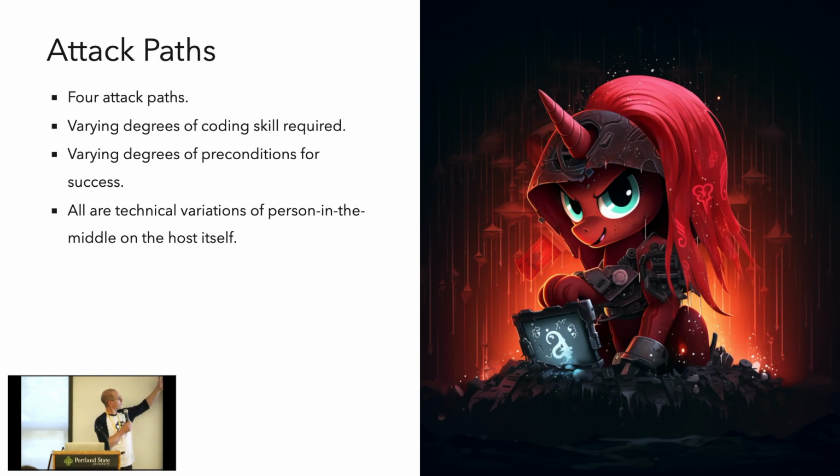Yeah, so I'm going to go through 4. When I look at them and try to contrast them, they've got varying degrees of coding skill. And then, possibly more importantly, varying degrees of preconditions that they need. I think a lot of that would inform which ones your adversaries are capable of, and what the actual limitations are in the host that you've compromised. Like maybe you don't have, what Linux capabilities do you have? Do you have root access, that kind of thing?